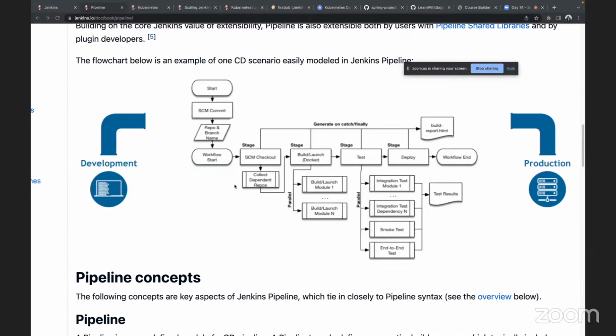The process we just discussed, to push our code, do the testing, build the Docker images, and send a report to the developer and the tester, everything has to be automated. We don't need to depend on someone else. If some testers are on leave, maybe it's a weekend and they are not working, I should not wait for them to come back and do the proper testing. If there is an automated process to do all these stages automatically, I can push my code, and after that this pipeline